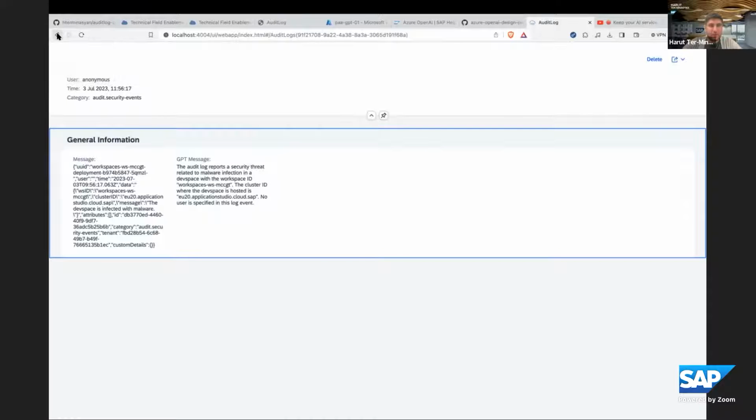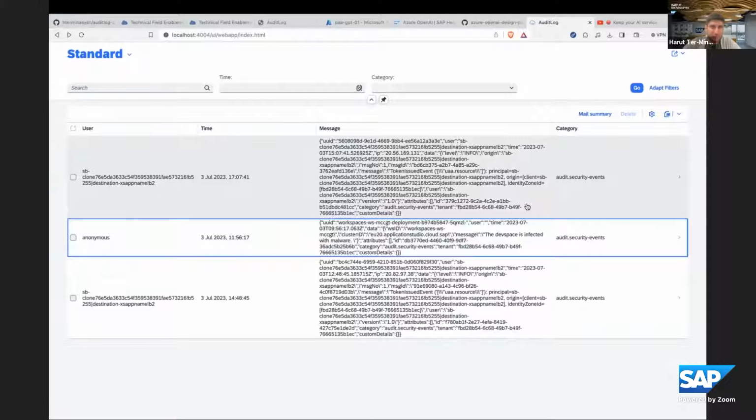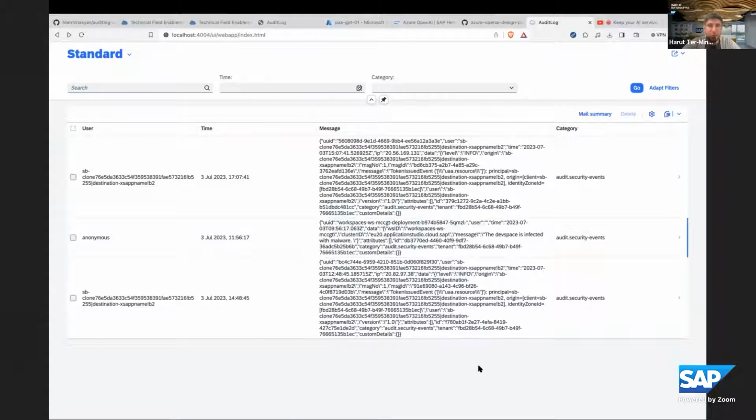What else did we do? So we are doing this custom every time for each item. This is just for a trial to see how the result is. But of course, if you have a lot of logs and so on, doing it manually for each of them is also not that beneficial, right? That's why we said what we can do, and I will show you later as well, is use LangChain and parallel processing of summarization with a MapReduce approach,